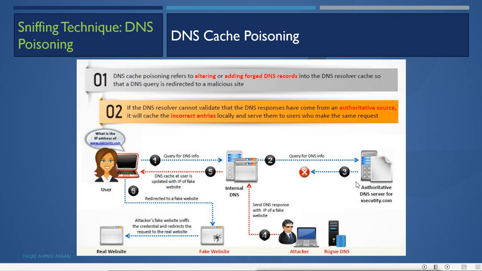This is cache poisoning. Now this can only happen when the DNS server is not validating the responses, because when the response comes, whether it is coming from the authoritative source, or from a non-authoritative source. Now authoritative source means the source which has the actual zone file, and non-authoritative means